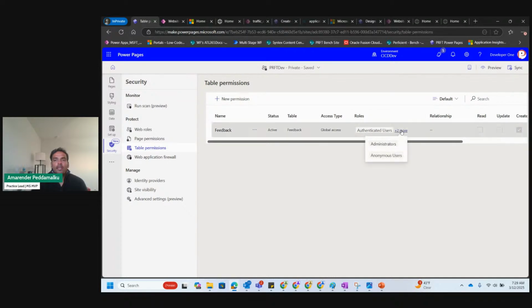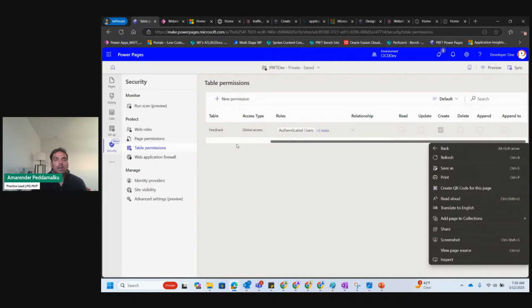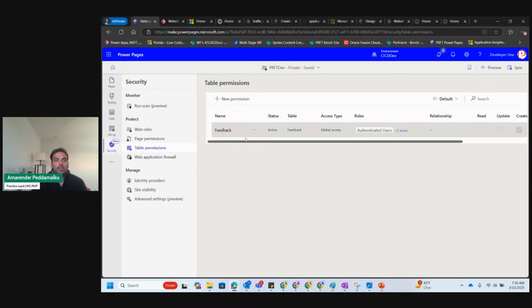And I'm giving access to all of the roles, authenticated and anonymous users, and they can create entries into my tables. So you can control what roles can do what on your website. Can they just read, or can they also create entries in a table? So you can control how much access you're giving to which roles using these security controls.